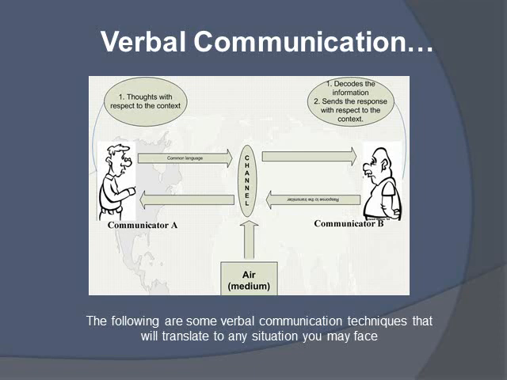Moving on to verbal communication. Linguistics has established a very thorough model of communication. According to that, every time we're about to begin expressing our thoughts, with respect to a specific context, of course, we use the common language as a medium. It's a channel of communication. Communicator A would use language in order to express their thoughts. They choose specific words to do so that reach communicator B. Communicator B, from their perspective, decodes the information and, in their turn, sends their response with respect to the context, using preferably the same medium of common language.